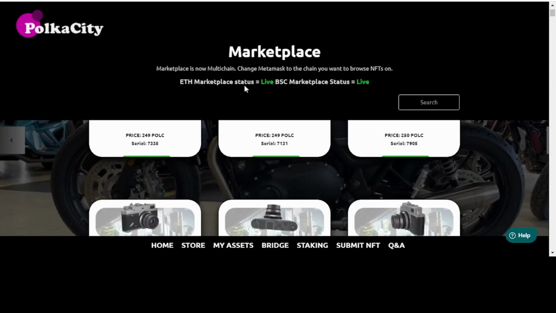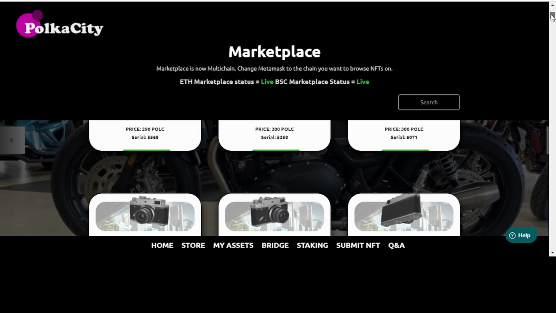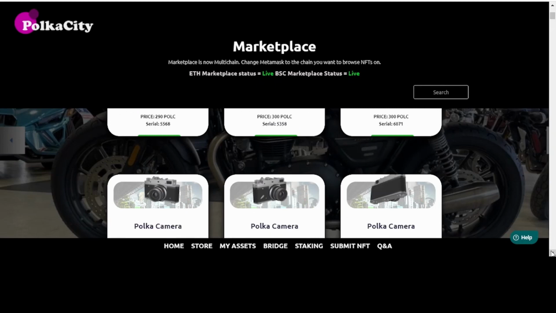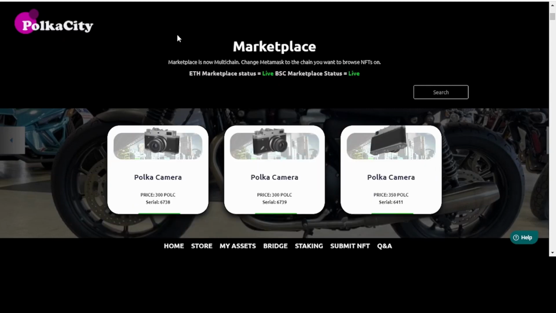So I should have BNB to buy this particular asset. You can use the Ethereum marketplace also. So just go back, and if you have Ethereum, you just need to click here on Ethereum mainnet, and that's it. Your wallet is already connected. So let's look into a very small asset. Let's talk about this particular camera. So let's click it, and the moment I click on buy,